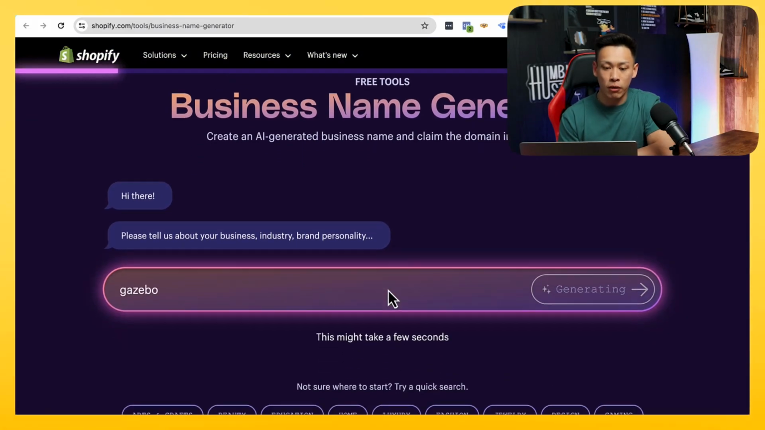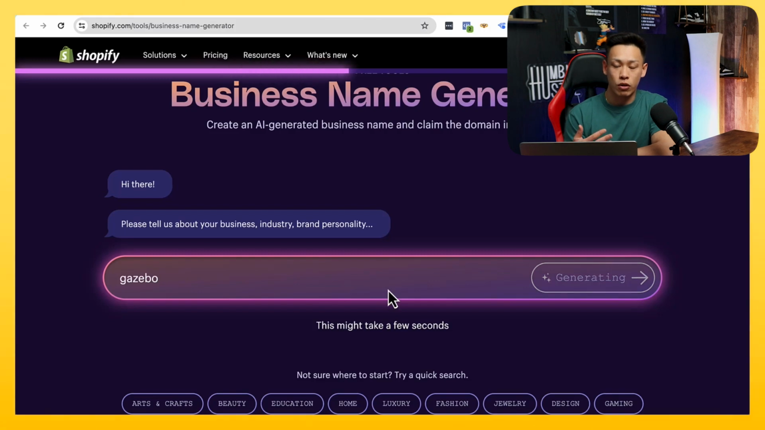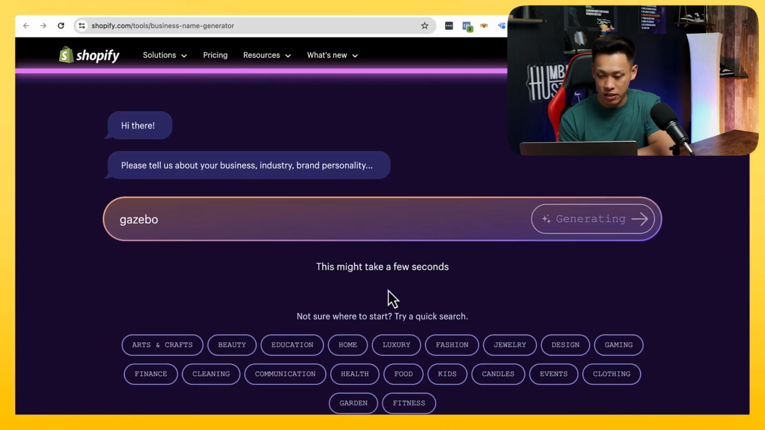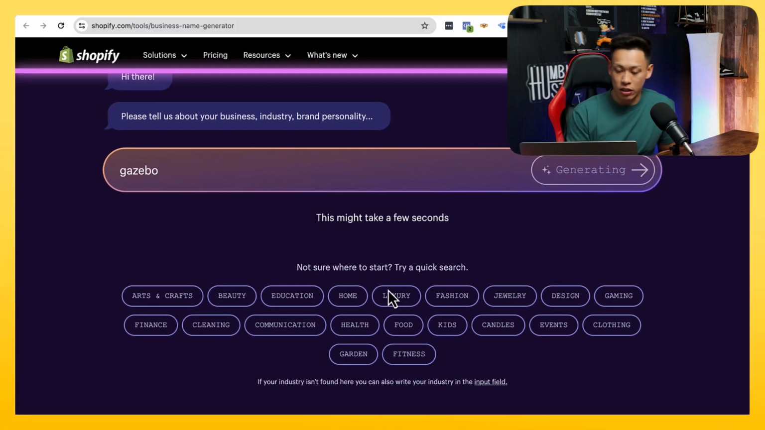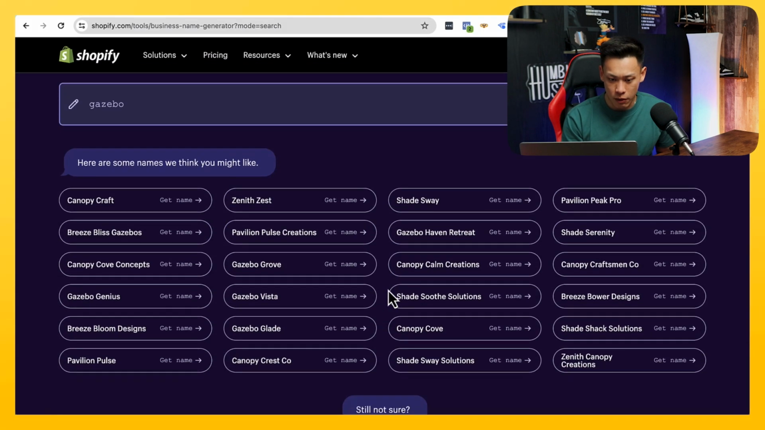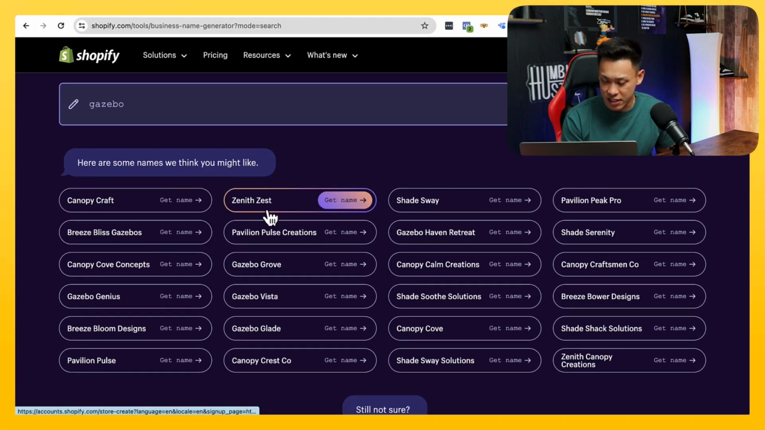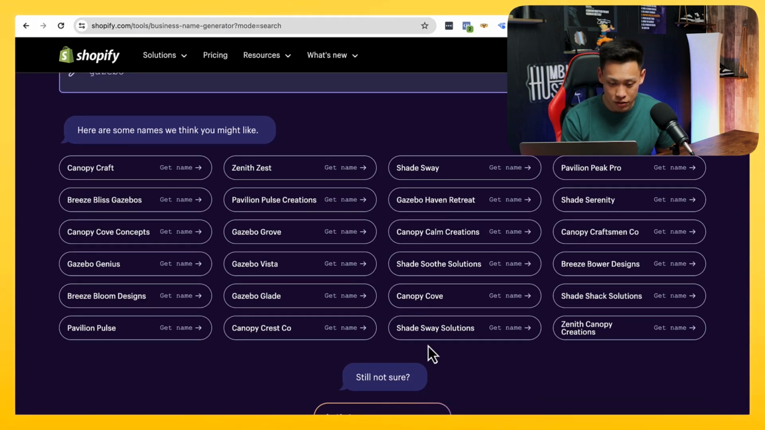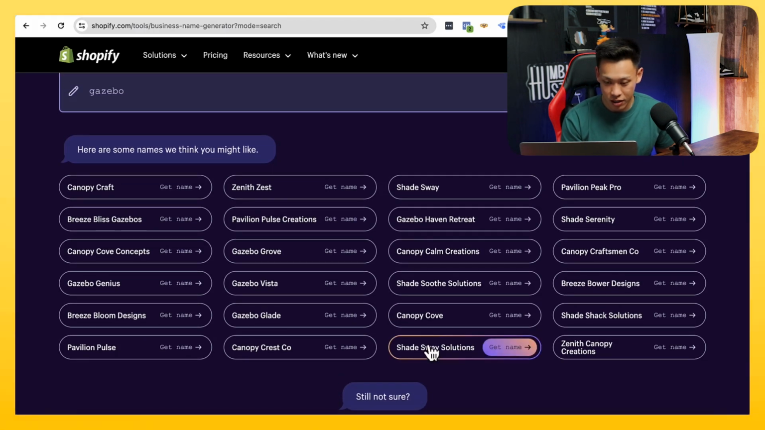This is going to help a lot of you guys when it comes to finding your niche names, your brand names. I'm just going to wait for it right now. All right, perfect. So I have Canopy Craft, Zenith Zest, Shade Sway, Gazebo Haven, Retreat. I kind of like that. Gazebo Grove, Gazebo Genius, Gazebo Vista. I'm not going to run this, or maybe I might actually. I might run some ads for this just to play with the gazebo niche. But let's try